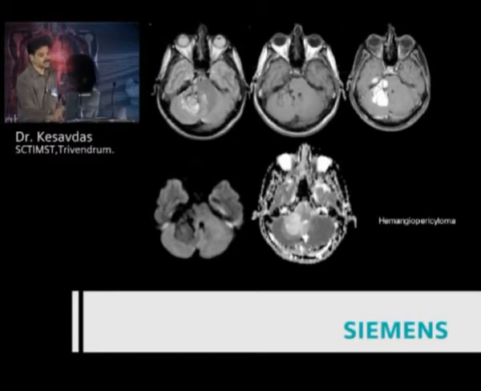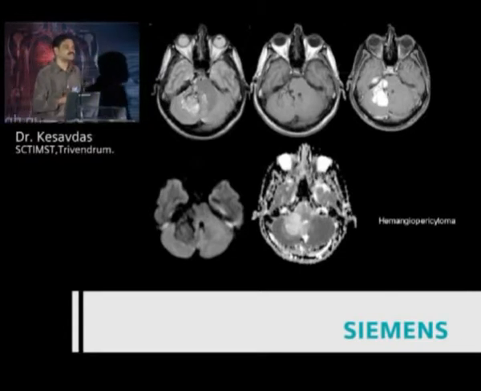Now, this is again a highly cellular tumor, but you see the diffusion weighted imaging is showing that there is no restricted diffusion. Why? It's a highly cellular tumor, a hemangiopericytoma. Because within a hemangiopericytoma there are a lot of vascular spaces. When there are a lot of vascular spaces within, there is a lot of perfusion happening within the tumor. So the ADC naturally becomes higher, because the diffusion becomes more. So it is because of the high vascularity that the diffusion has become more, and therefore there is no restricted diffusion in this particular case. I hope you understood.